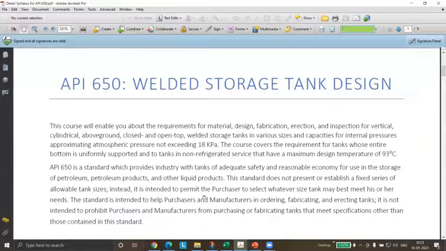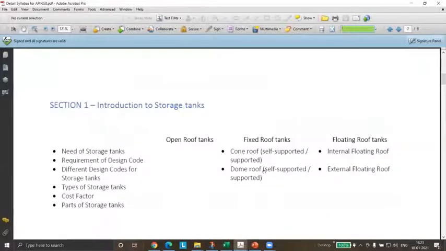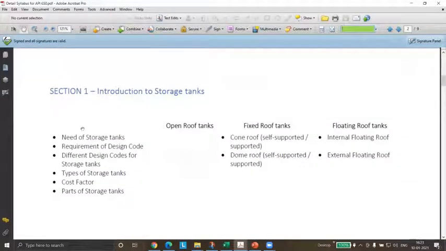So we'll refer to all the details like the scope part, and the different types of storage tanks, because there can be some variation. It can be a fixed cone roof. The top part can be either a fixed roof, or it also can be a dome roof. And then there are some floating roof tanks. So I will tell you when we start the presentation. This is just a scope. I will tell you what a floating roof tank and a fixed roof tank are.